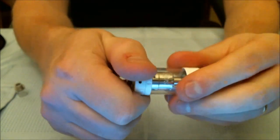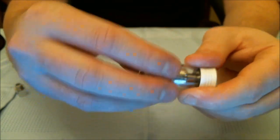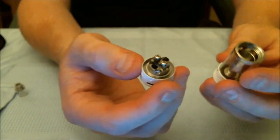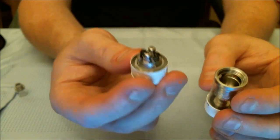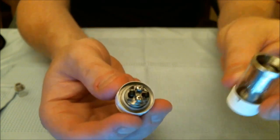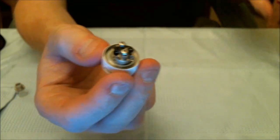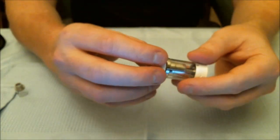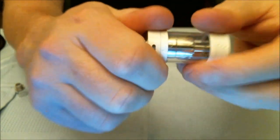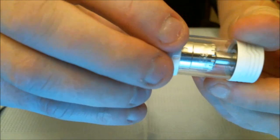So we unscrew, hold the top section here, and just unscrew the whole of the bottom section. And then the deck comes out, and it is one of these tanks that you can fiddle with your wicking and coils whilst keeping your juice in your tank, which is always good to see. So I'll show you the deck in a second. Let me just put it back together, because I'm going to show you the juice flow control. You've got your 4 wicking holes here, 1, 2, 3, 4, all the way around the bottom,